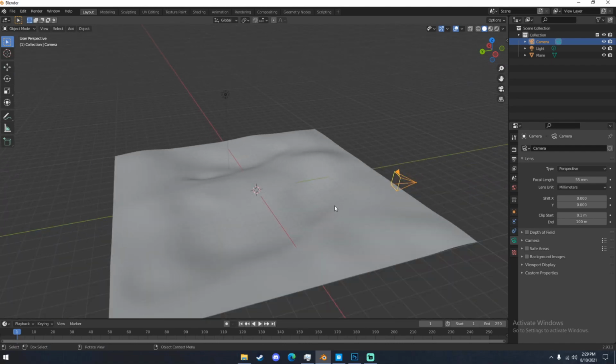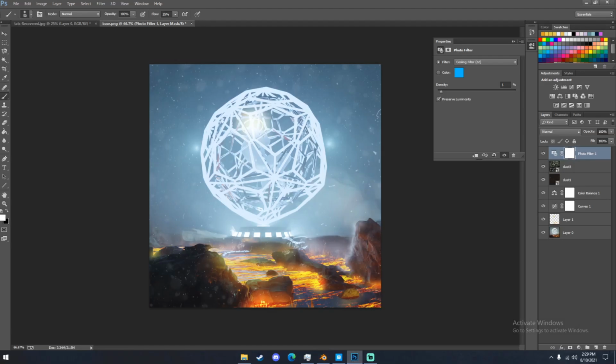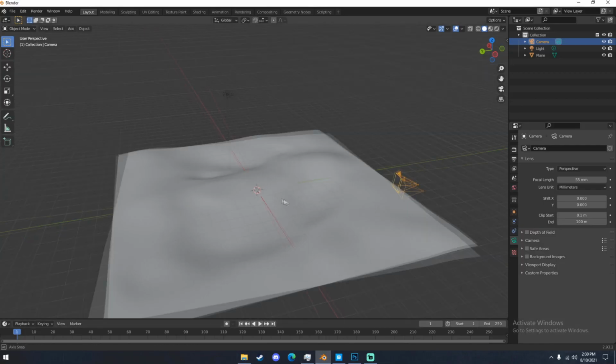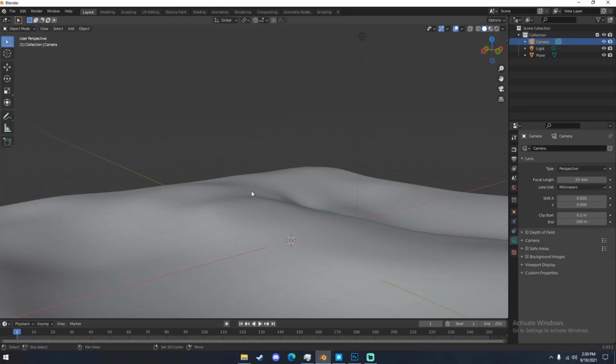Okay, so now we're going to model this little thing down here. I will also be including the Photoshop process of my renders. I normally don't do that, but you guys are getting a gift today. So I'm going to show you how I do all my stuff in Photoshop to make it really pop. But yeah, we're going to start modeling this little metal thing. I don't really know what to call it, but